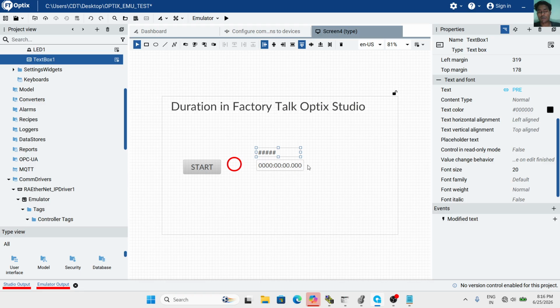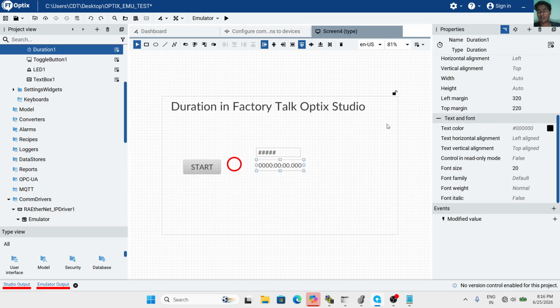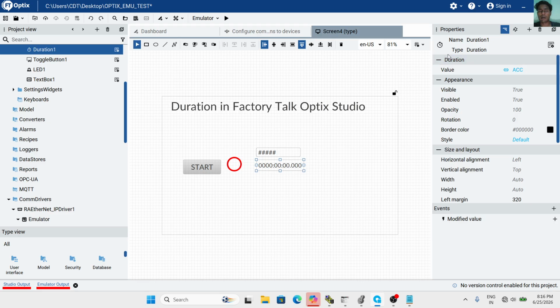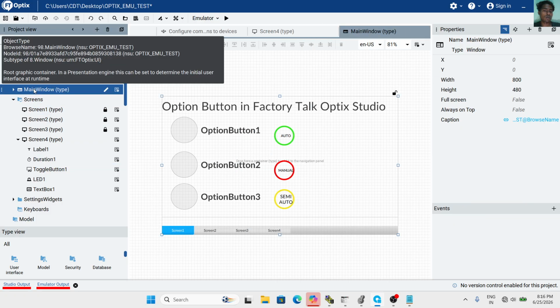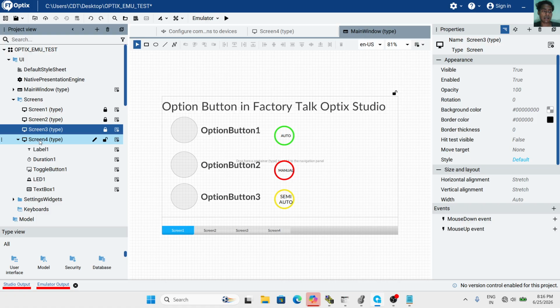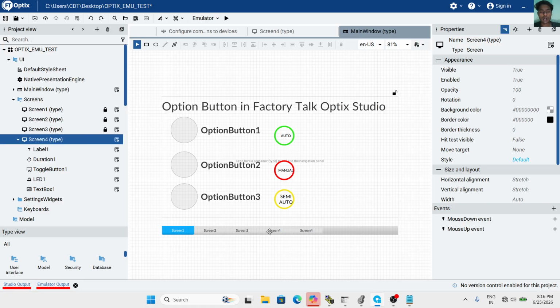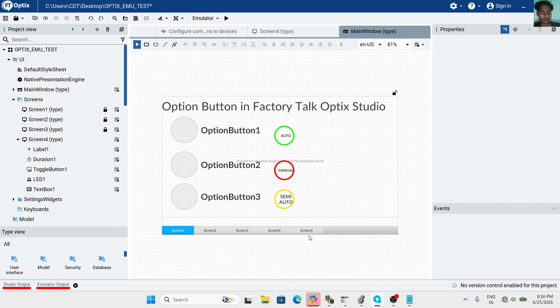When I open it, the timer accumulator value will be applied. Now I have to call this screen in the main window, so I drag Screen 4 here. It is already dragged.